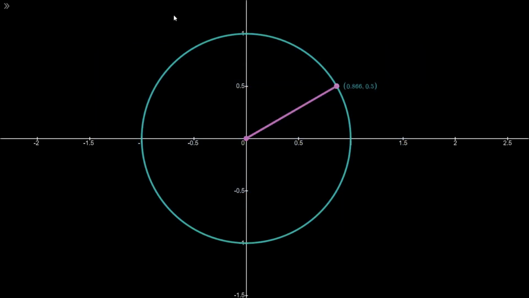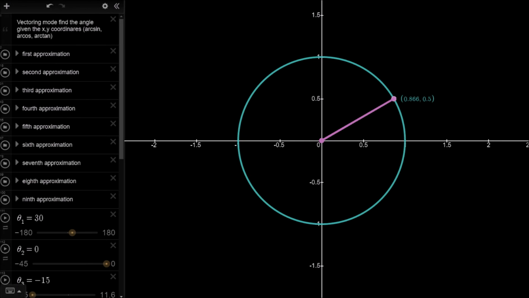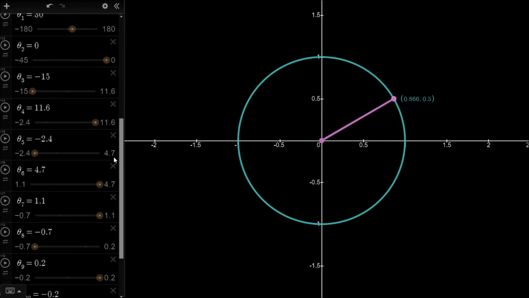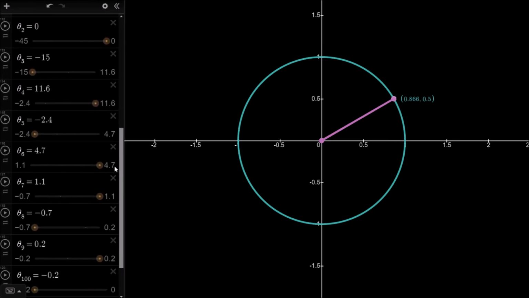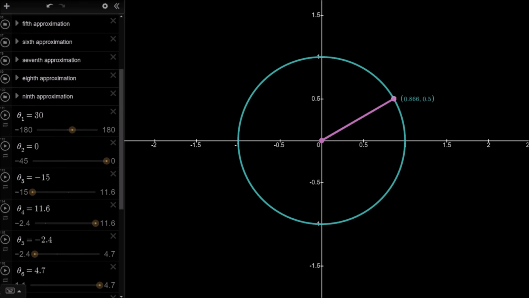So I suggest you go ahead and open up the file in the resources section, which gives you the simulation. And whenever you open it up, you'll see that you have the options down here in order to choose the rotation angles. So for example, we've started off with the example theta 1 is equal to 30. Now in this particular simulation it only works at 30 degrees. I haven't made it generalized for every angle, but you can leave theta 1 at 30 degrees and you can adjust these other angles. So this would be the first approximation, which would be adjusting it to this point here,